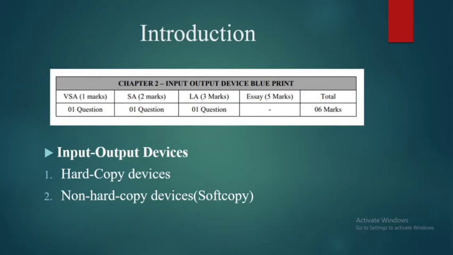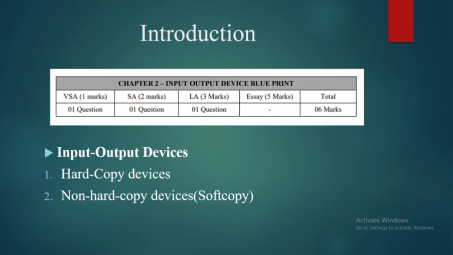Input and output devices help the external environment to communicate with the computer system. So input and output devices are very essential for communication with the computer system. They are also known as peripheral devices. That means the combination of input and output devices along with the memory or storage is known as peripheral devices or peripheral components. That is very important.